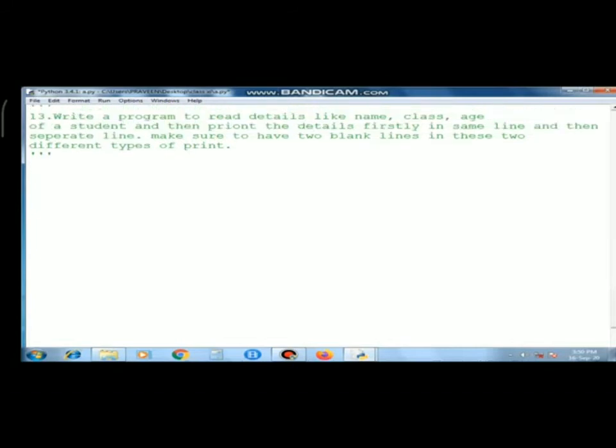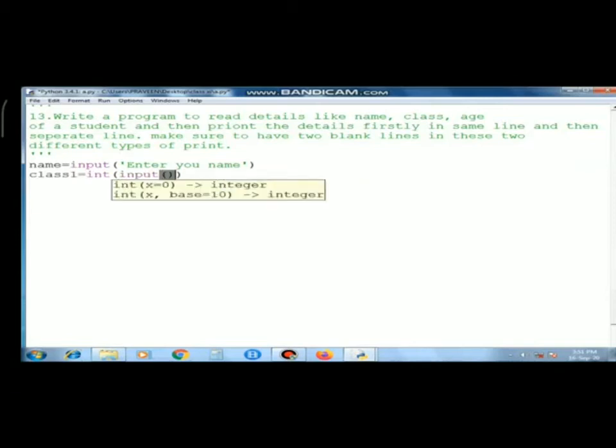Now you can easily understand the name is a string, so we will not write int before this value. Input is by default a string. Enter your name. Now class is an integer. Class is a keyword, so you will use class1. Direct class is not allowed. Int input,